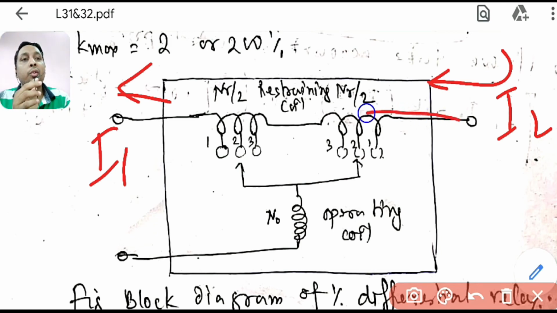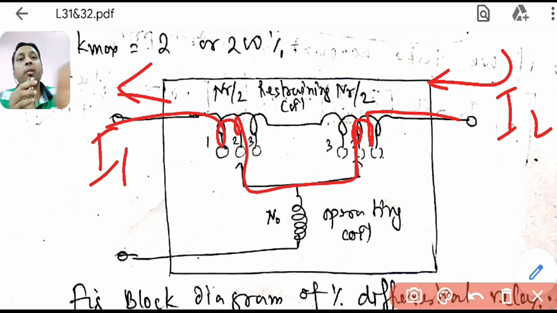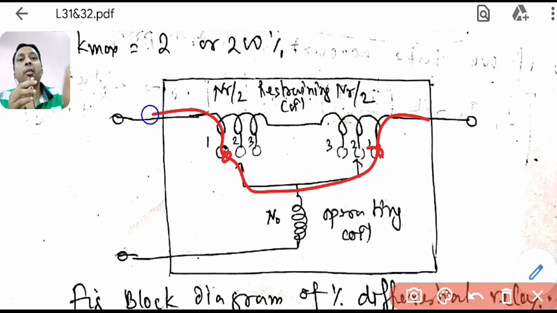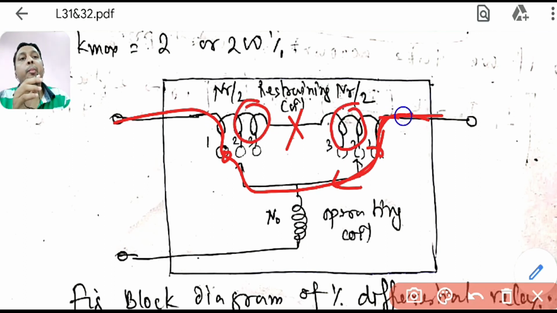So if you go through 2, then 1 turn, then 2 turn, the second turn is also done. So here also it should take 2 turn, 1 turn, 2 turn. Now you can think for 1 also the same. If I connect 1 here, 1 here, 1 here, so both will give 1 turn and then 1 turn. So what is the need of this? Is it not problematic? No, it is not problematic, because if it is coming at 1 here, then it will obviously go this side, because on the other side it will see much more impedance, 4 impedance, so current will not go there, current will take the shortest path.